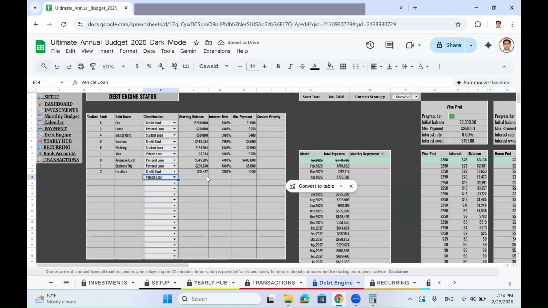Always please delete one time. So we have these 9 loans. I want to add another loan, for example, a wedding loan,